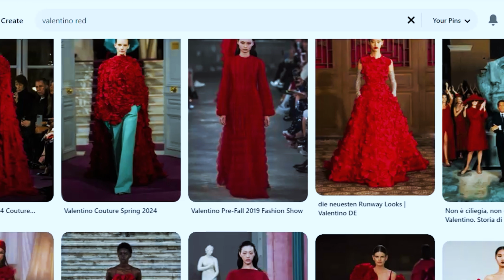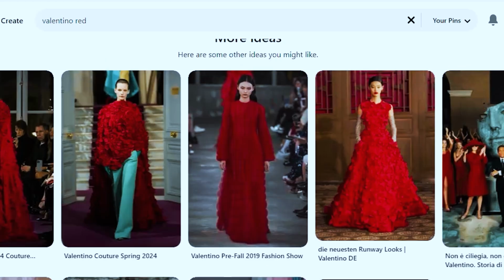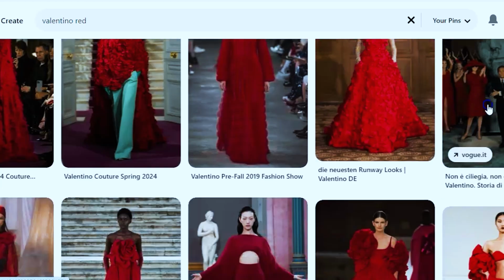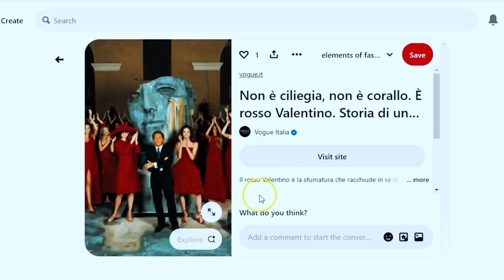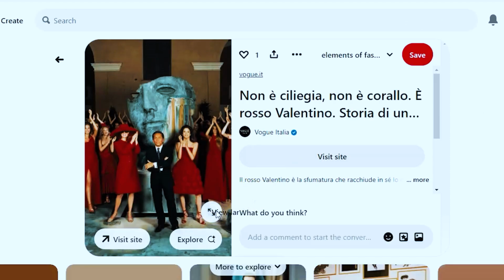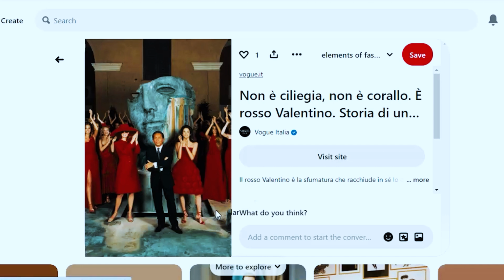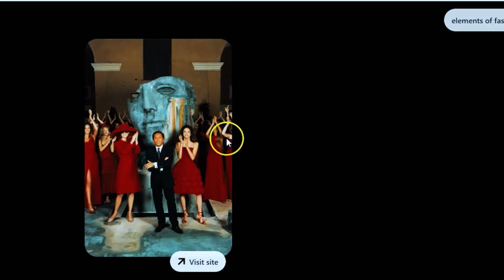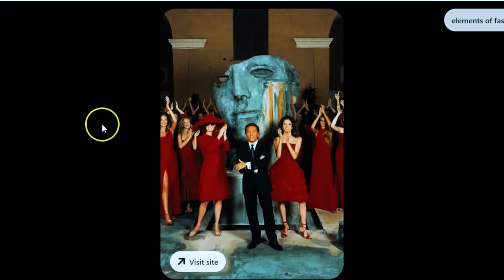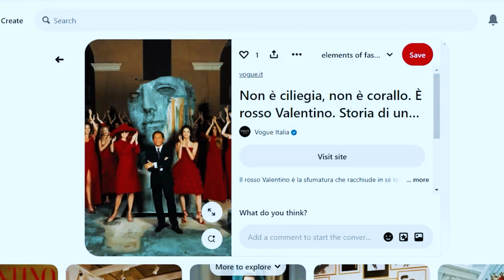I just typed Valentino red on Pinterest and you can see how it floods everywhere. So some designers have figured out a way to use color to make their brands stand out. Like this red is already known to be Valentino red,